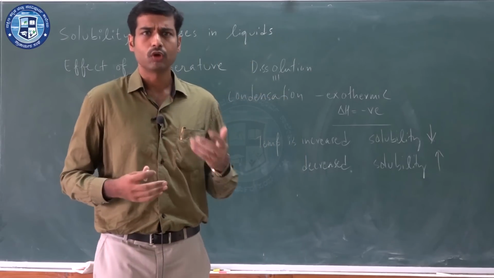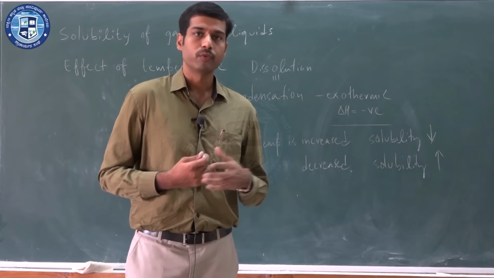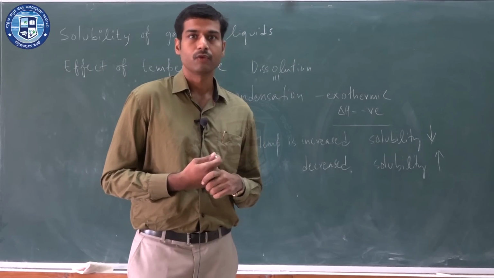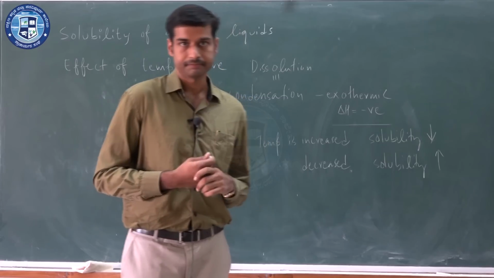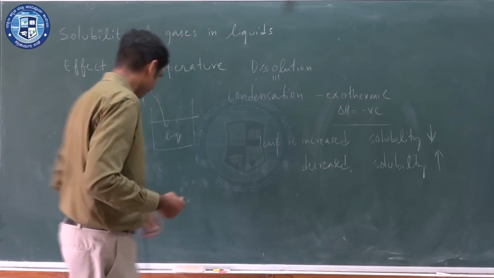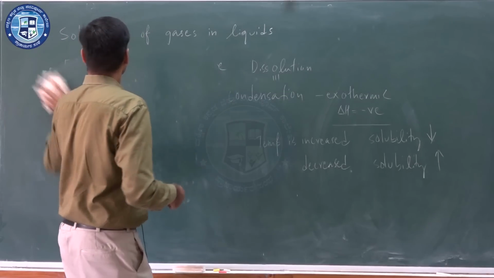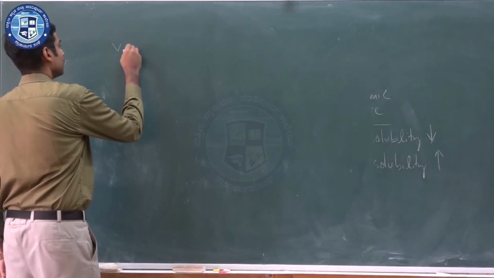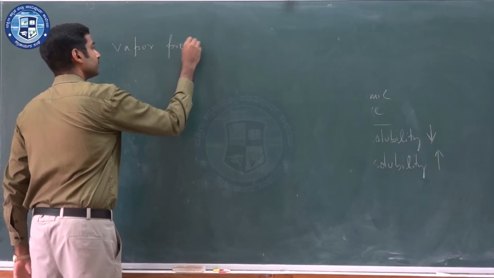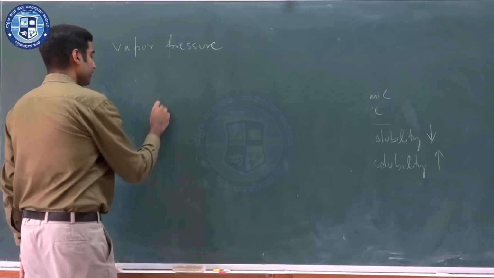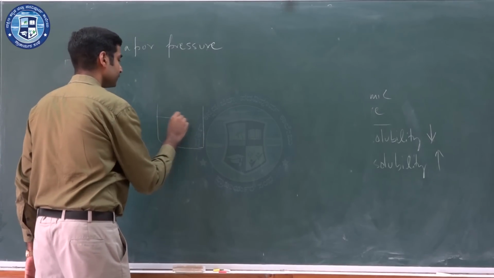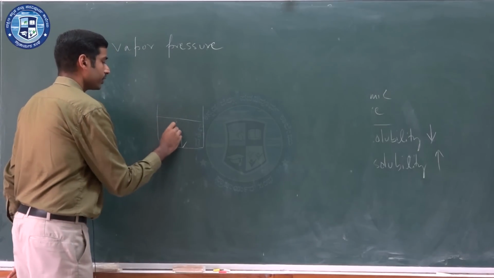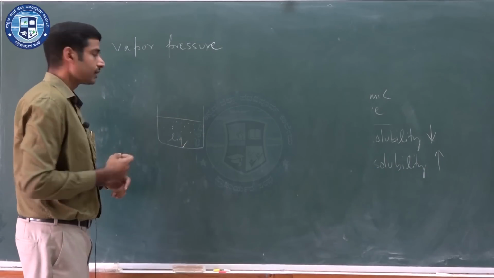With this, we will move on to the next law, but before we do, we have to understand the concept of vapor pressure, which you already have taken in states of matter in first year. The concept of vapor pressure goes like this. Let me consider a liquid in a container. So, this is a liquid and you have got the liquid molecules. Consider a closed system.